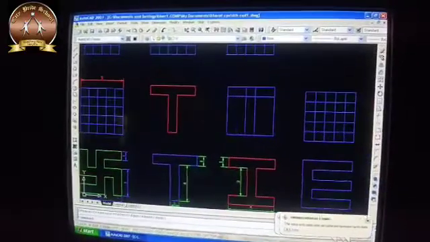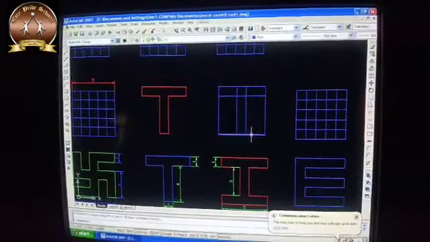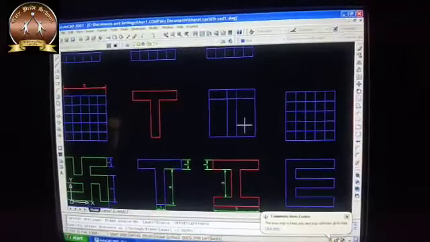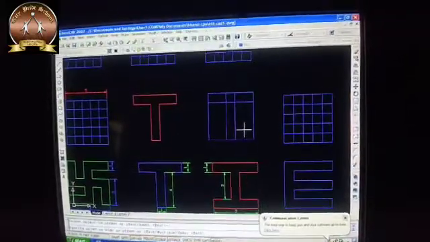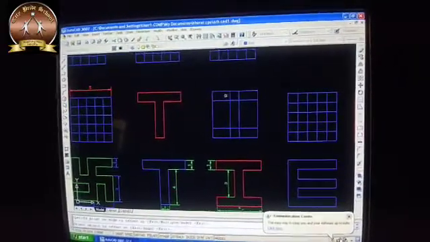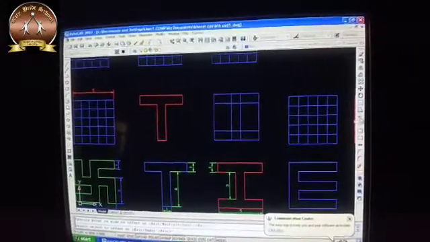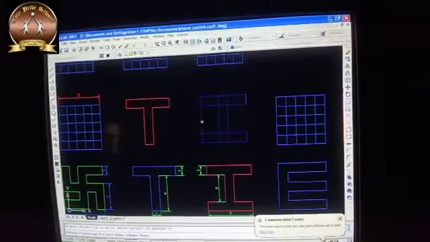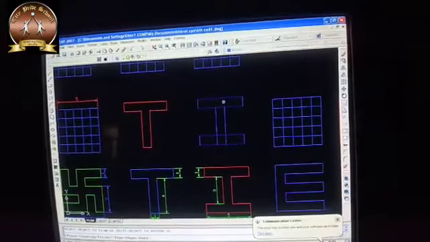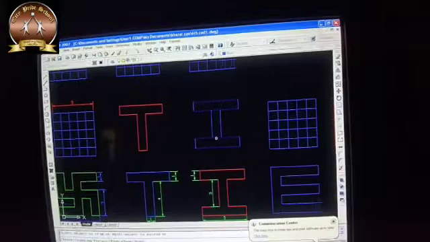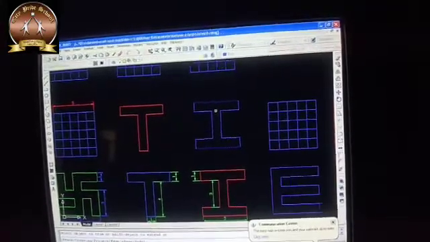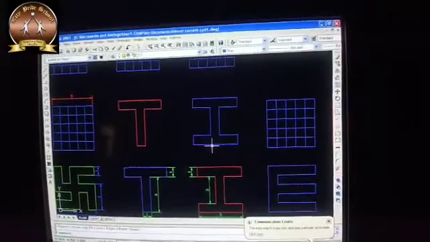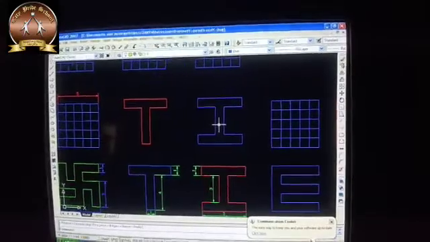Like this, suppose you require an I. So what you will do, go to the offset, and this line you will offset by distance 1. Now I can get an I. For getting the I: trim, select the shape, enter, and trim whatever area you don't want. So this is your letter I with the help of trim and offset. This also you can draw with the help of the polar method, but this is our trim and offset method.